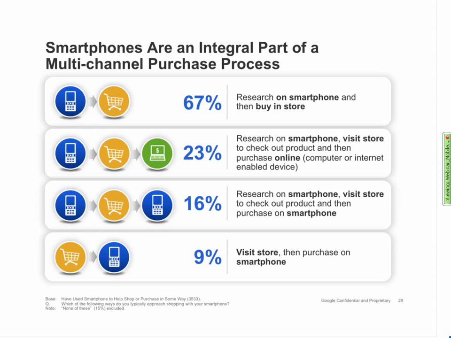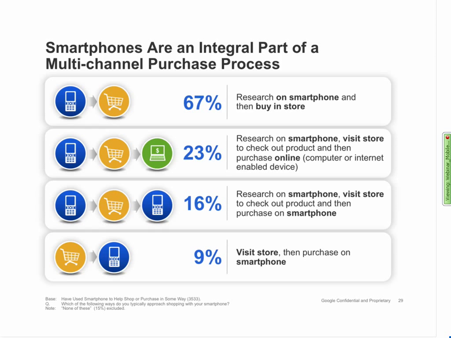But you can see that it also continues beyond the store, right? There's like a quarter of folks who start their research on their smartphones, go to the stores, and end up buying online. And you can see here as well that there's a percentage of folks that end up buying on their smartphones. The takeaway and the key implication from this slide and this purchase behavior is that you really need to have an integrated cross-channel strategy. Before the mobile internet boomed and we had smartphones, we talked a lot about clicks to